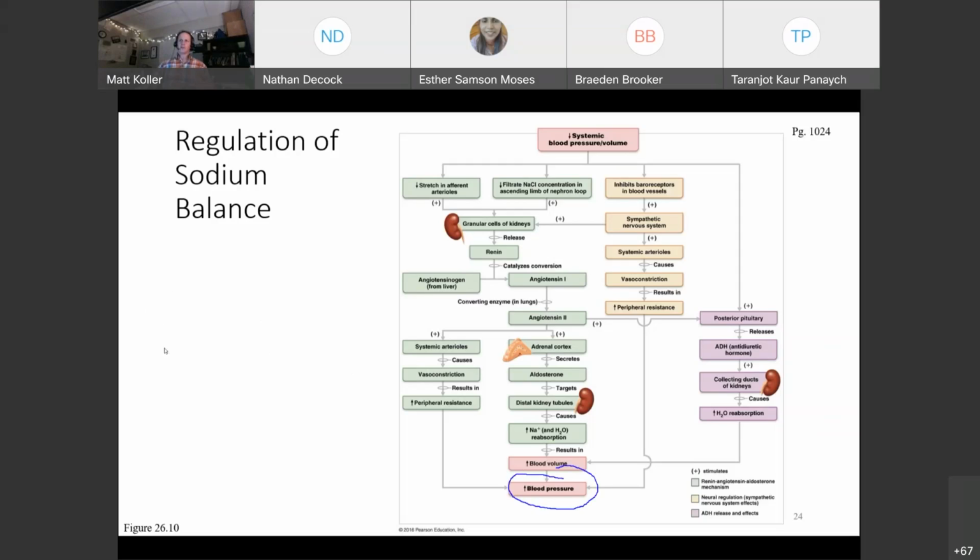So there's quite a few things that can have quite a few effects on this. And you'll have these baroreceptors, these pressure receptors. So the body, even though, for those of you who were in the lab yesterday on Monday, and for those of you later on in the lab, we're going to talk about measuring blood pressure. We ourselves can't detect changes in blood pressure, but the body can.